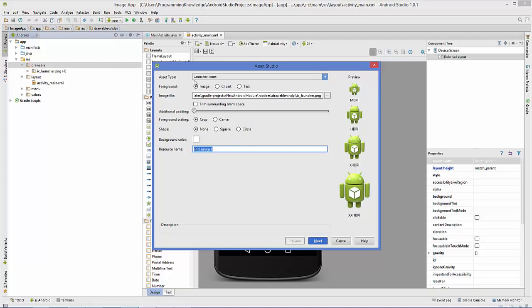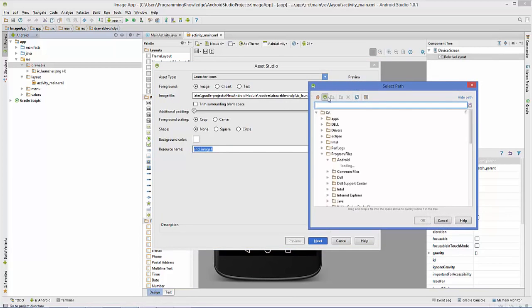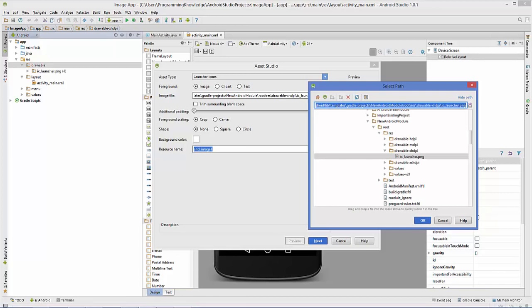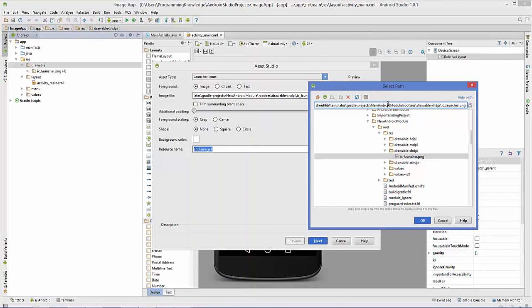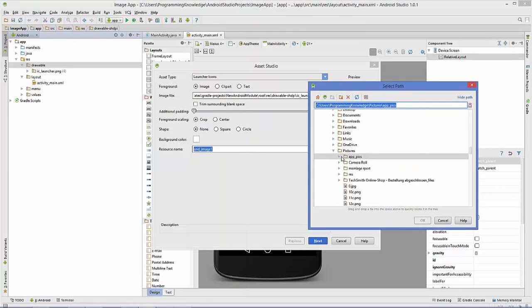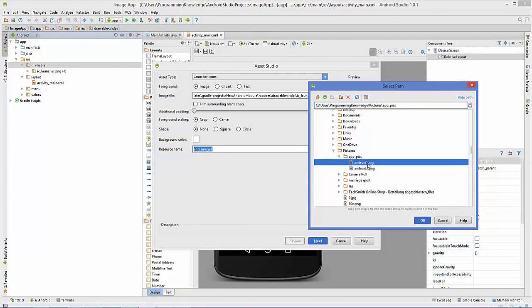Okay, and asset type is launcher icon, and in the image file you just need to give the path of your image. So for example, I will just copy the path here and paste it here, and then I can see my folder, and in here I can choose my PNG